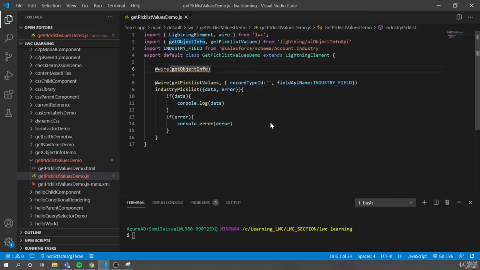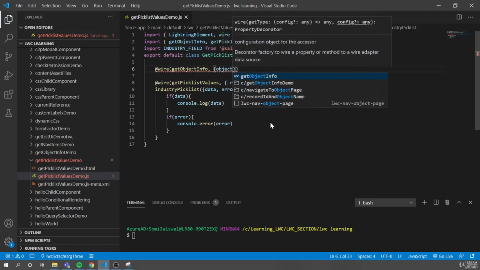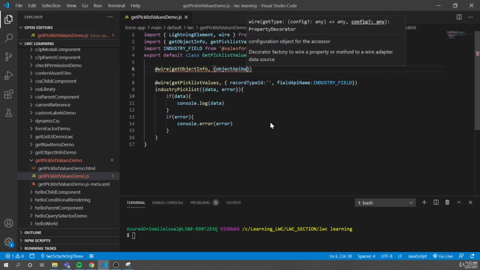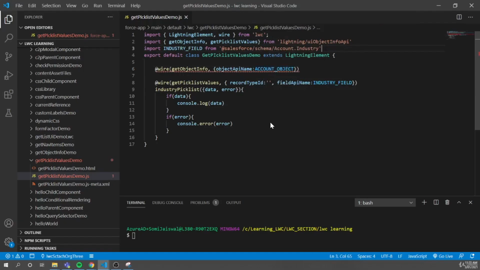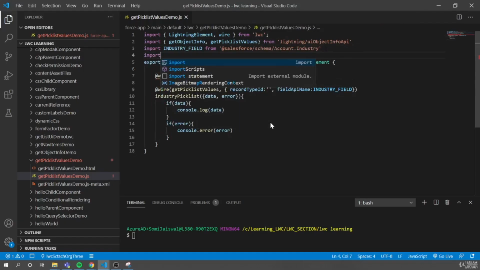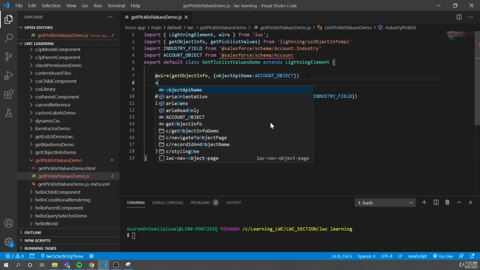So we'll say for which object you want to fetch the info. We'll say the object API name is the count object, and let's import that reference as well. Say import, and just copy this. We got the count reference, and here we'll use it as a